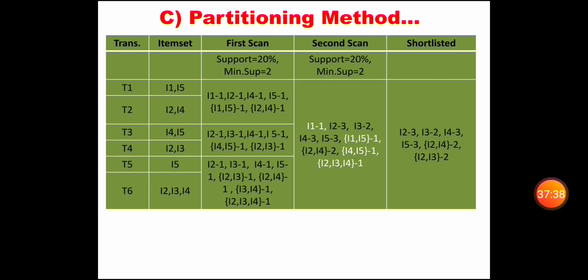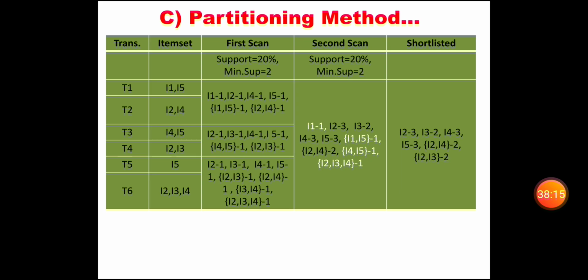In this partition I5 is available only one time, I2 available one time, I3 available one time, I4 available one time, all the item sets are here, so the value is given 111. And if you find the combinations, that is also given here: I2 I3, I2 I4, I3 I4 and I2 I3 I4. So completely the combination is given.